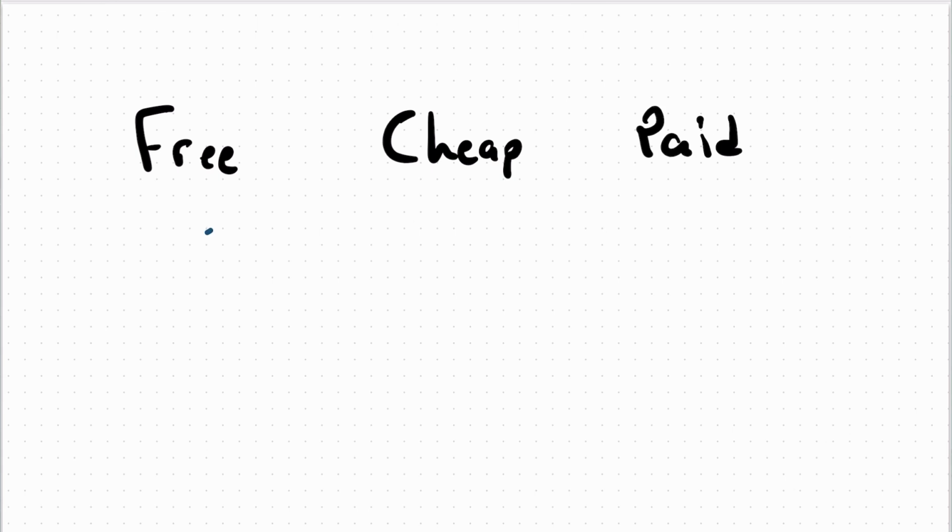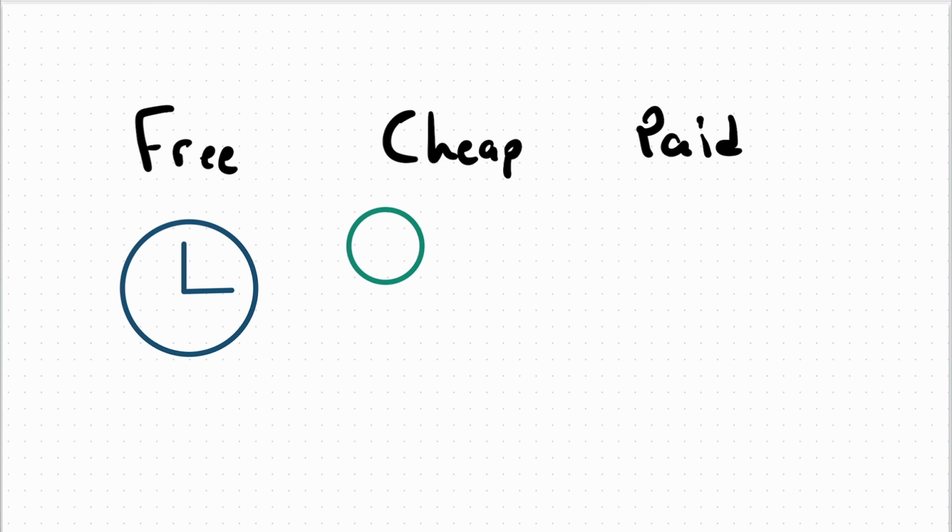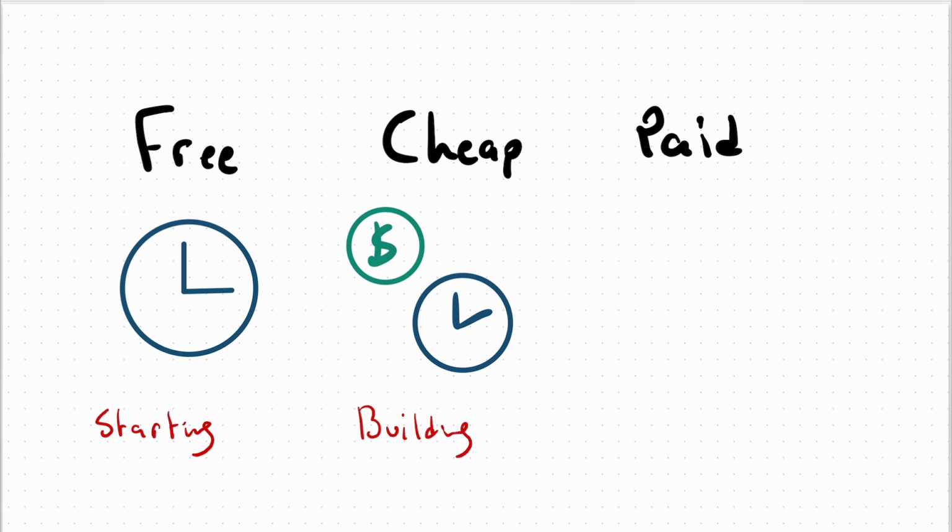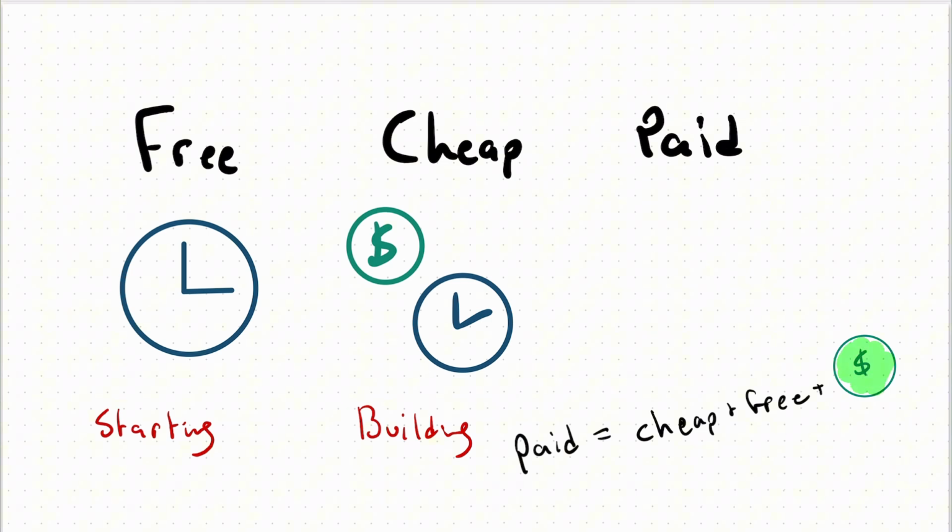As you guessed it, if it's free, if you're not putting any money into it, that means that you are going to need to put a lot of time into whatever it is. As for cheap, you're spending $150 to $1,500. It requires a little bit less time than free, but free and cheap are not scalable. Your company is going to get to a position where you won't be able to put your time into the company. You're going to need to spend your money on those exact things, free and cheap, but essentially have other people do it for you.